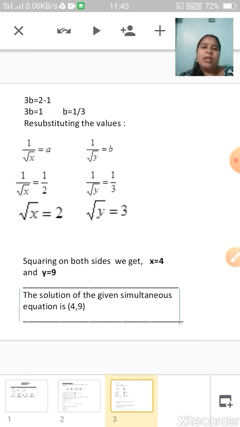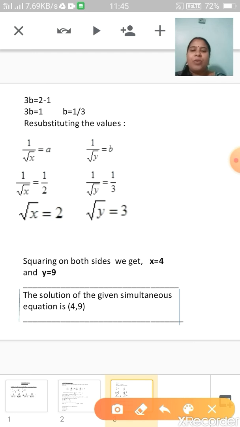You can see here, if I cross multiply, I get root x into 1 is root x and 1 into 2 is 2. So root x is equal to 2. Same way on the other side, root y is equal to 3. But the question asked was to solve and get the value of x and y. I don't want the answer in the form root x and root y. So in order to get rid of the root, we will square. So squaring on both sides, root x the whole square will become x and 2 the whole square will become 4. Similarly, root y the whole square will become y and 3 the whole square will become 9.